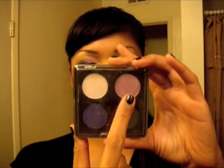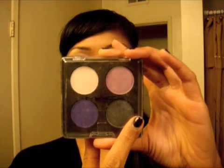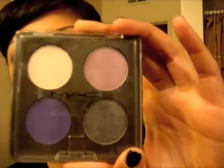I'm going to be using a very old MAC quad. It's called the Pandamonium Eyes 4. So it's got 4 colors, the highlight color being a white gold, and it's called CLOUDBOUND. The lighter violet pink is called Up at Dawn. It's very shimmery violet pink. And then Violet Trance would be this very true purple right here. And then Pandamonium would be more like a gray black, charcoal black with a little bit of sparkles in